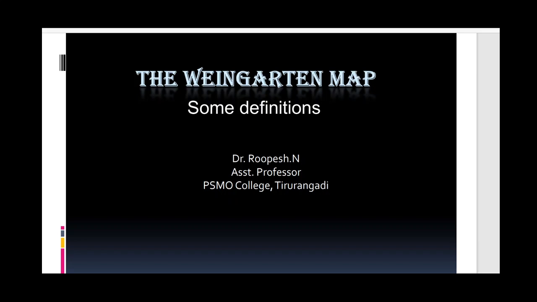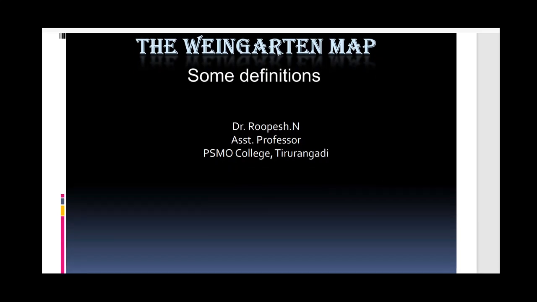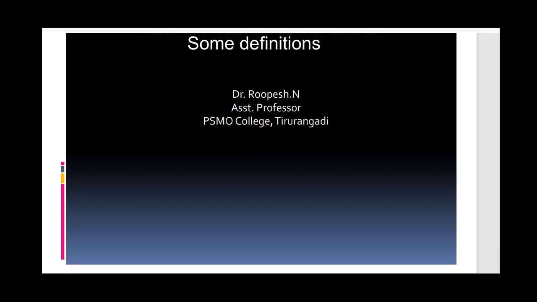In this session, we will discuss some definitions regarding Weingarten maps. Last class, we discussed the definition of the derivative of a function with respect to a vector. So today, the definition that we will discuss here is: